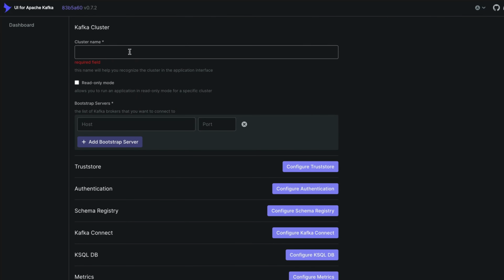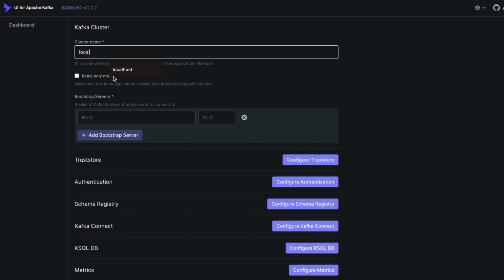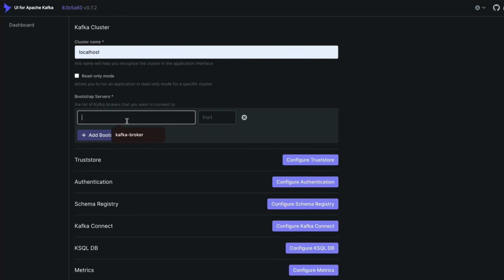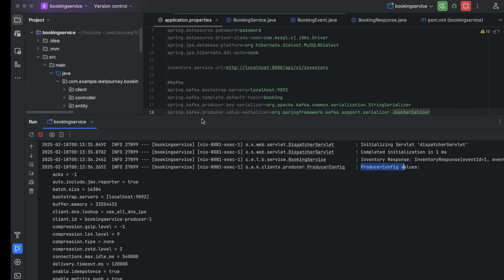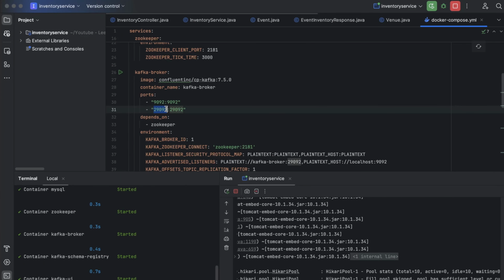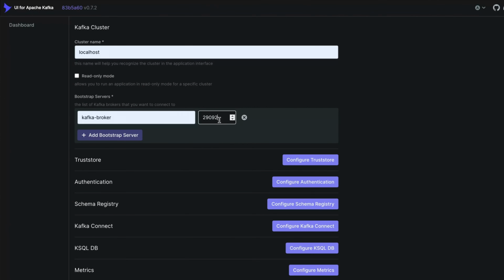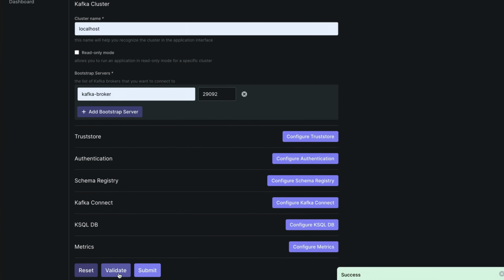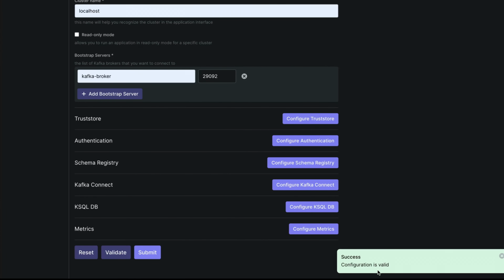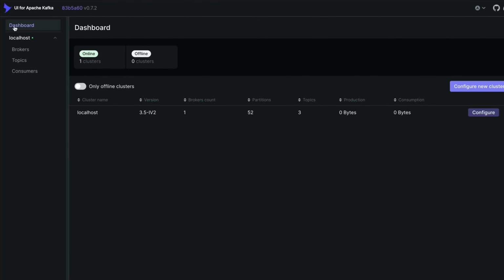Here we want to create a cluster. Let's give it a name. Let's call it localhost. And the host is actually called Kafka broker, and it's running on a port. We can find the port in the Docker Compose, 9092. Make sure to use this port. Let's validate to see if it's successful. So this configuration is valid. Let's click submit. If you refresh the page, we can see we've got our cluster created, and our cluster has